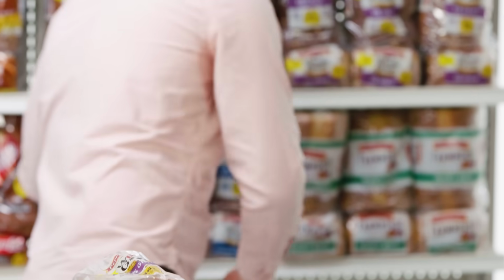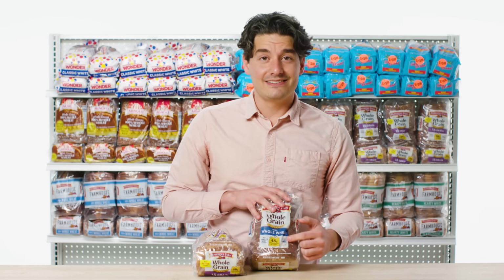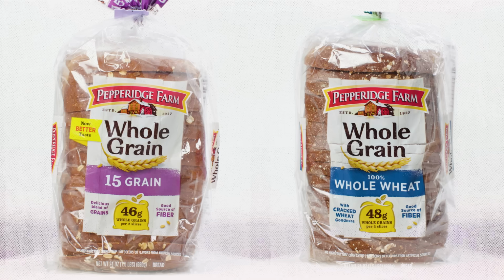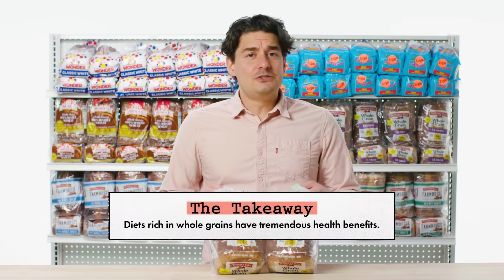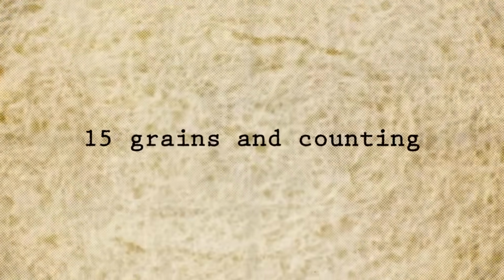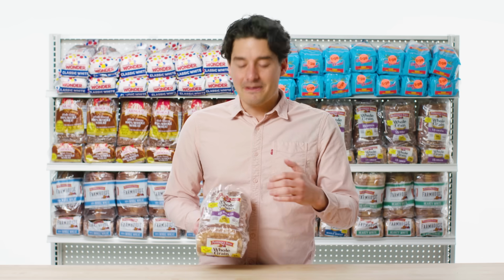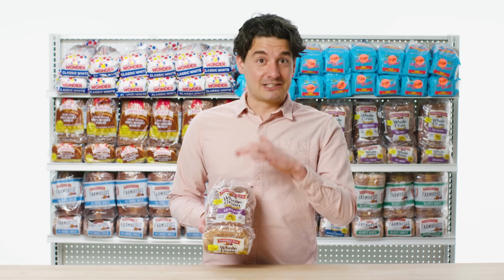Not necessarily. In this loaf of 100% whole wheat, you'll actually see on the front of the package, it's listed that per 2 slices of bread, it actually has 2 more grams of whole grain. They're not necessarily better or worse than each other. Really, you should just be trying to get more whole grains in your diet in any way, shape, or form. The fact that they prominently put 15 grains on the front of this package, there better be 15 actual grains